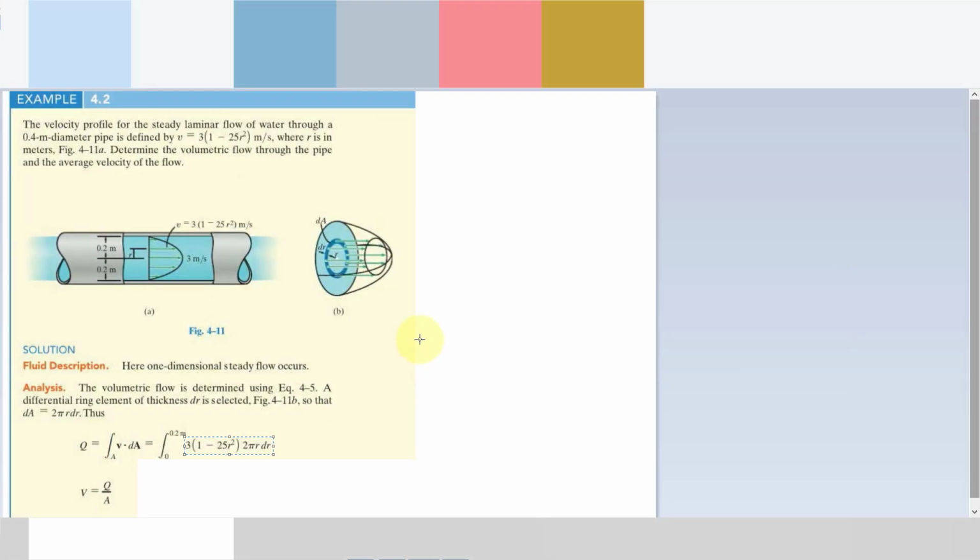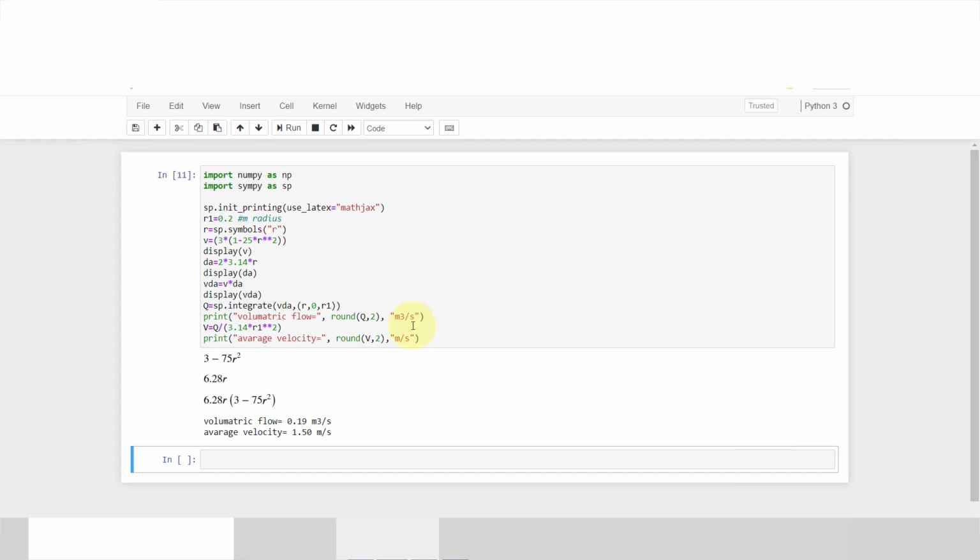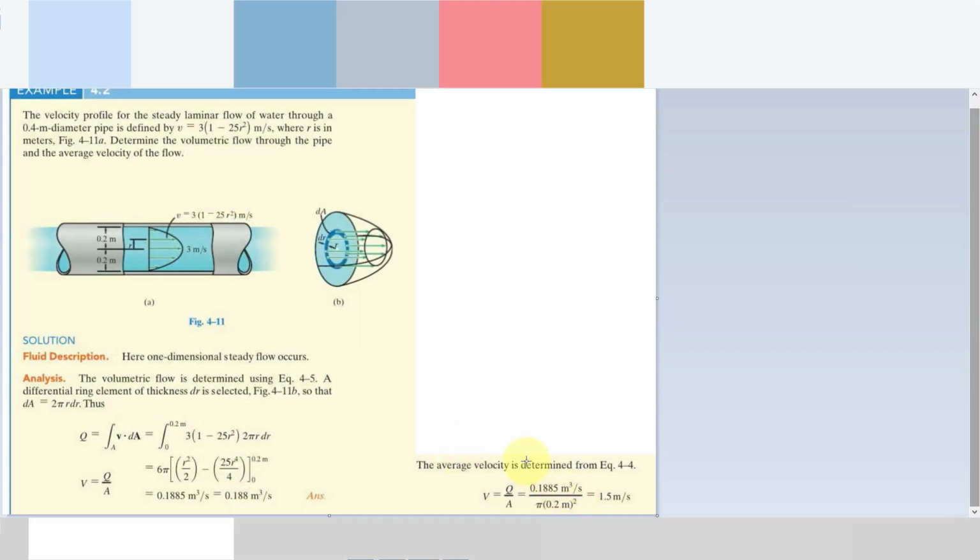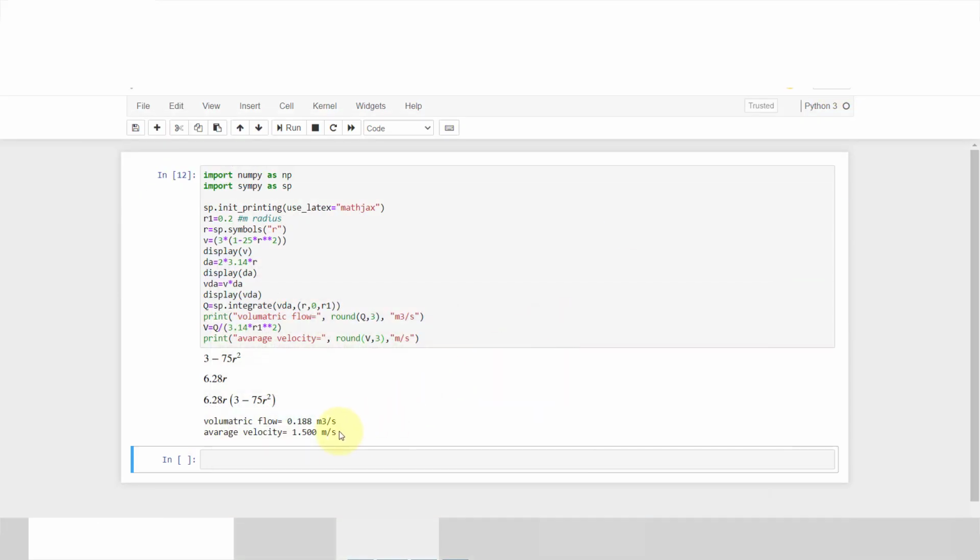If we round up to 3 digits, you can see that our volumetric flow is around 1.188 meter cube per second and our average velocity is 1.5 meter per second.